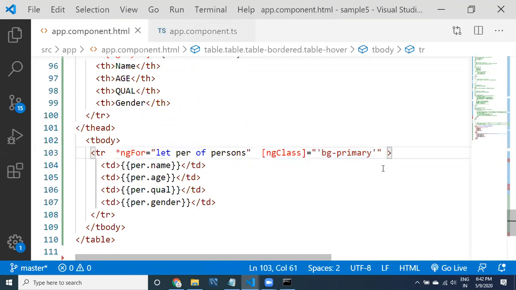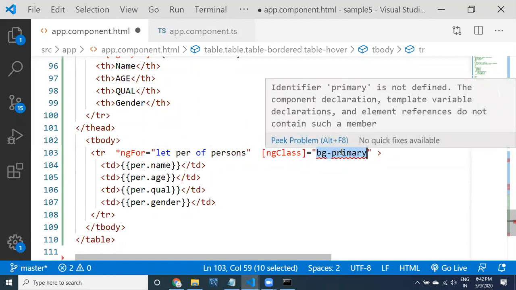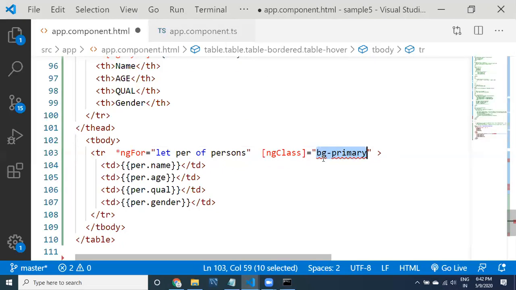If you don't provide the single quotes and provide anything directly inside the double quotes, it is really related to a property, but we don't have any property with the name bg-primary. So that's why I want bg-primary. Bg-primary is a class from the Bootstrap CSS.